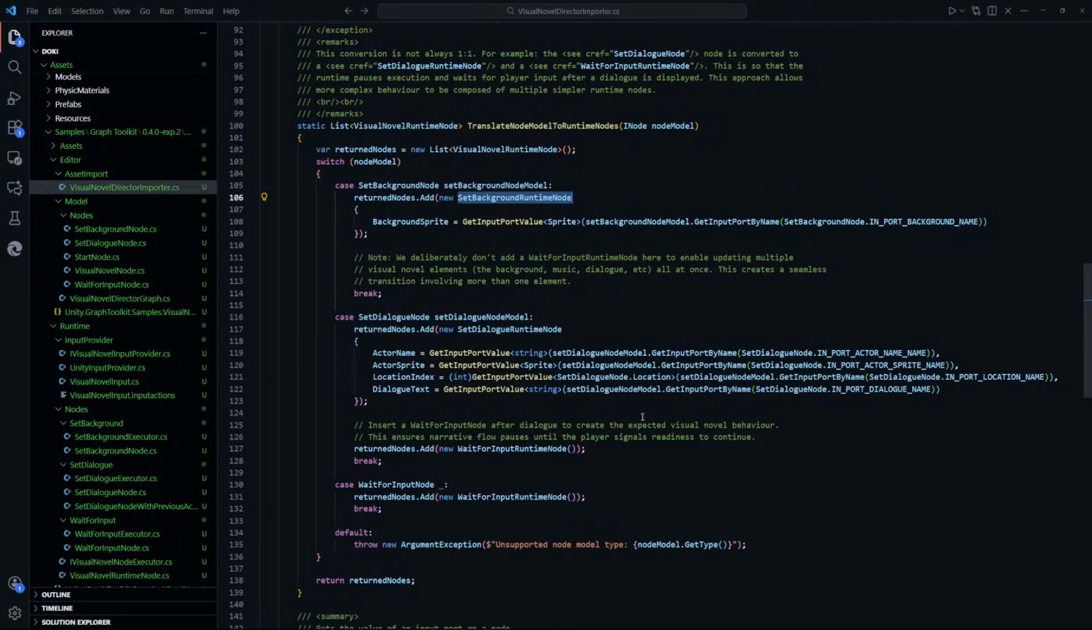I think I don't want to do it like this. Instead, every editor node is going to implement a convert to runtime node, which we just call